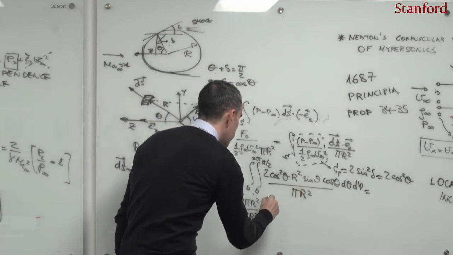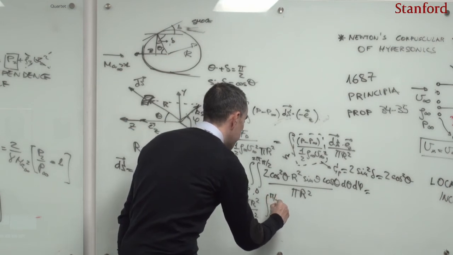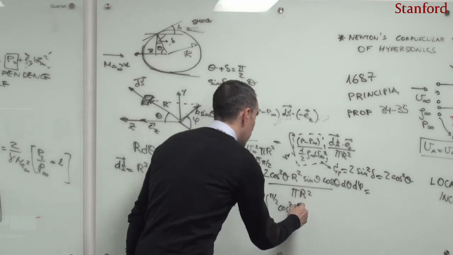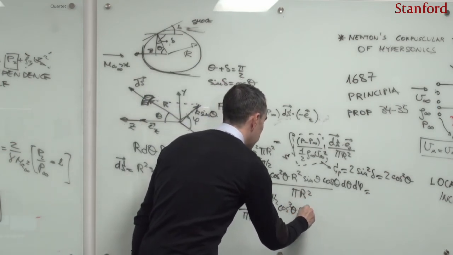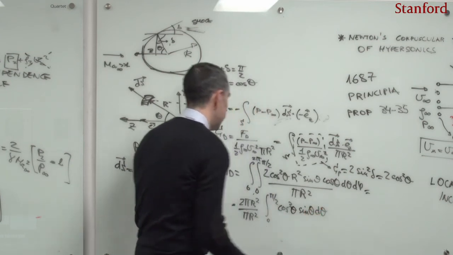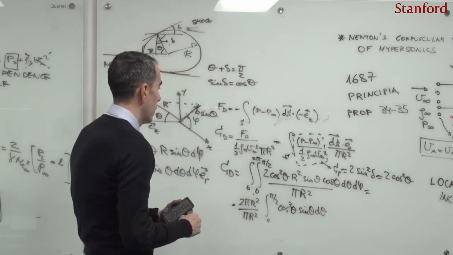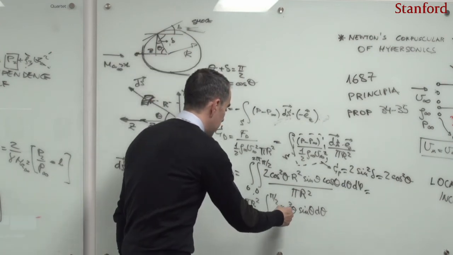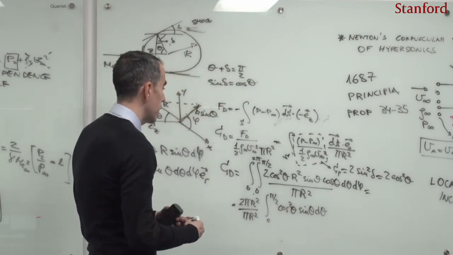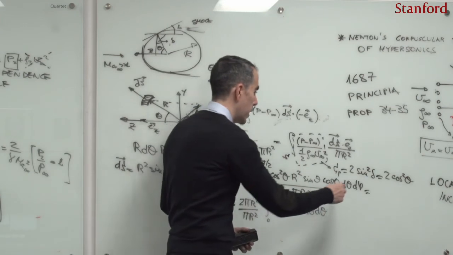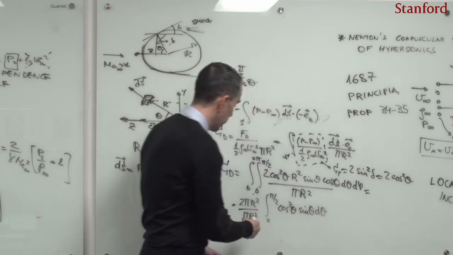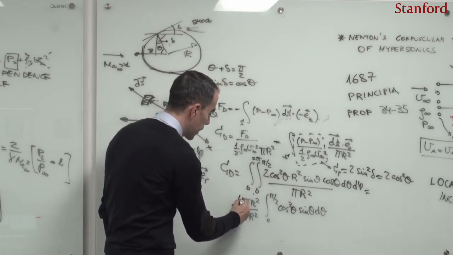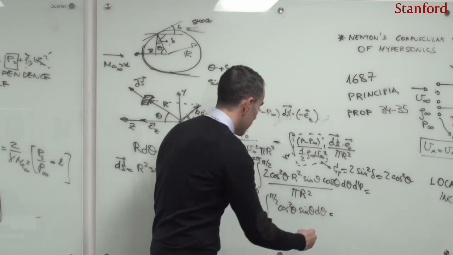And then here I'm going to have the integral from 0 to pi halves of the cosine cubed of theta multiplied by the sine of theta, d theta. So if I perform this calculation, I think I have forgotten a 4 somewhere. I have forgotten a 2 of the 2 pi, because here I had a 2, right? And then with the 2 pi, this should be a 4. So this is a 4 here.